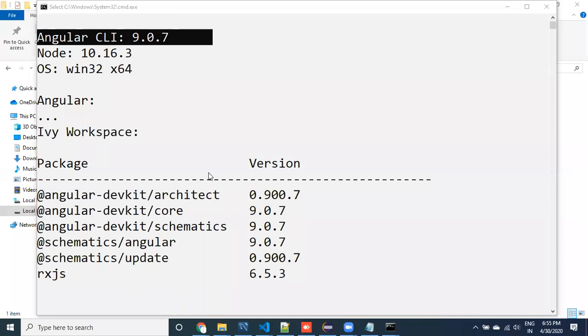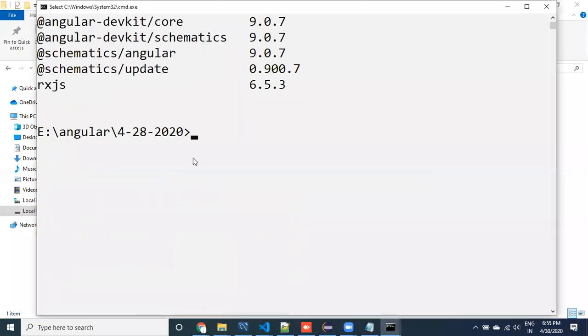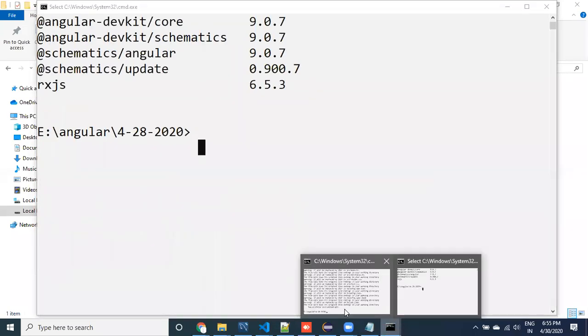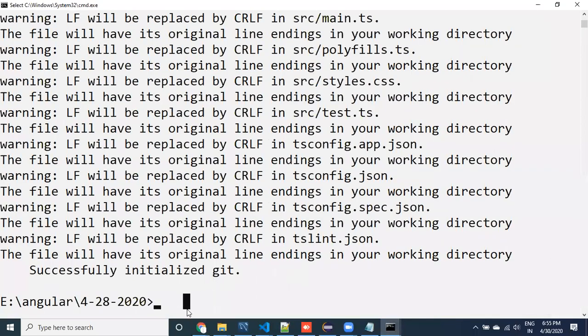ng new. Node.js is software to work with Angular. First of all, it's a node package manager. If I run this command, what happened, guys? So many things got installed, so many things got downloaded from the internet.